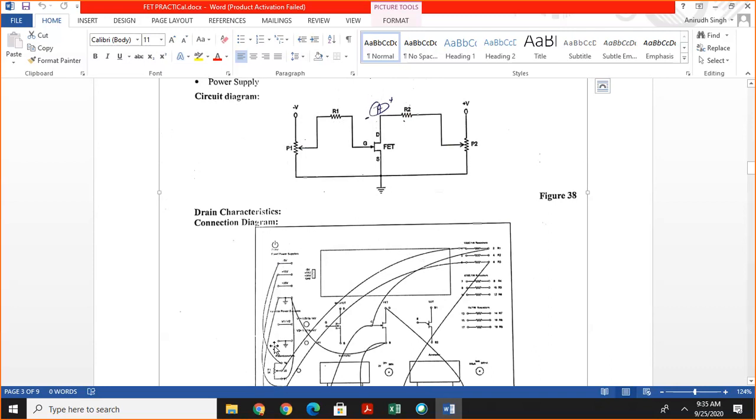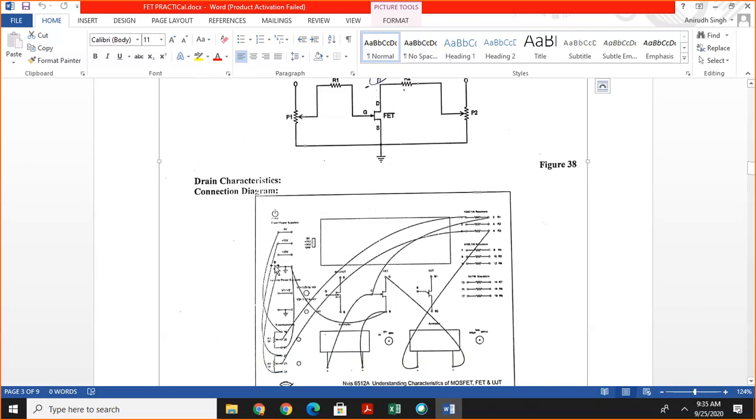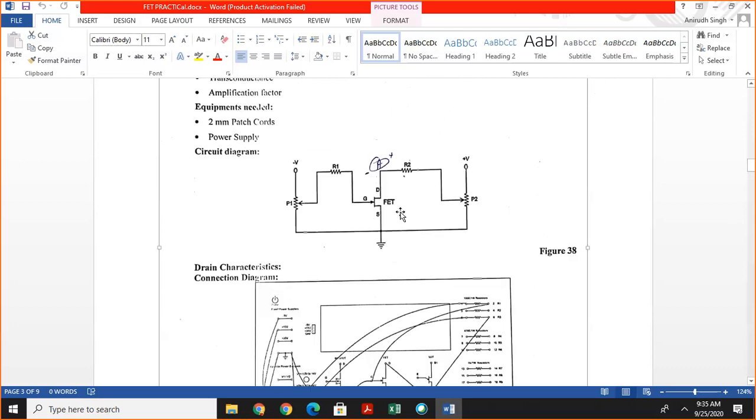Similarly, this positive 15 volt is connected to the next potentiometer, and this is connected to the ground. And variable terminal is connected through a resistance to the ammeter, positive terminal of ammeter, and this negative terminal is connected to the drain.